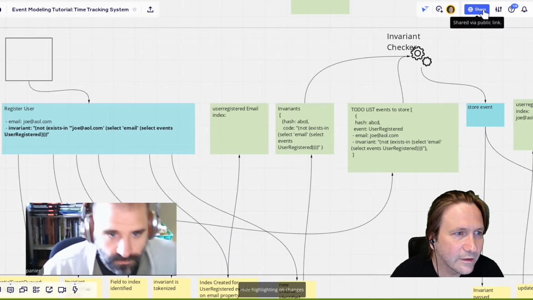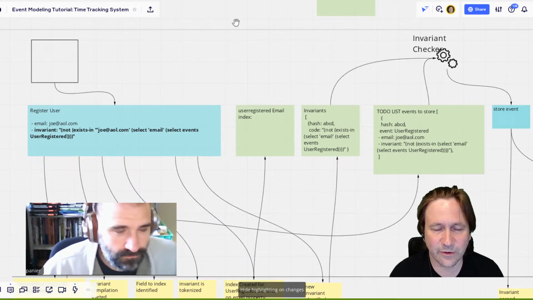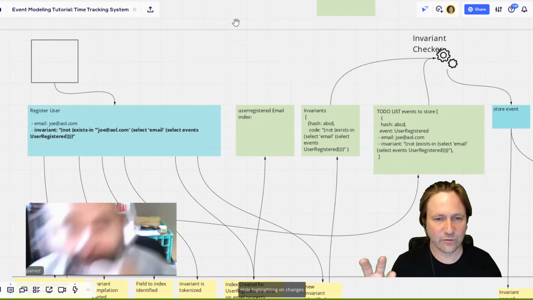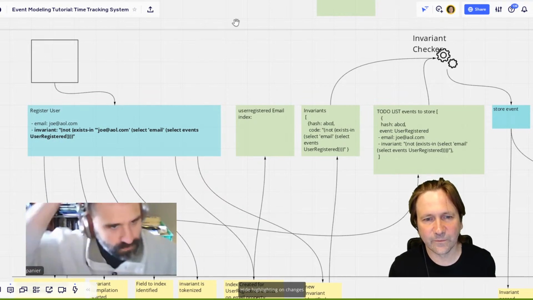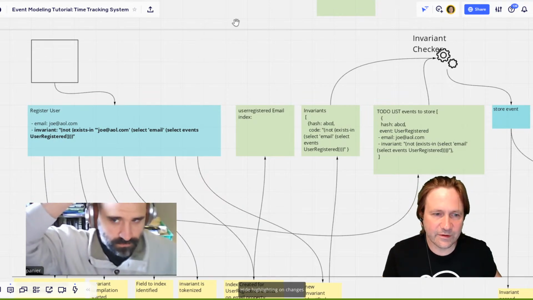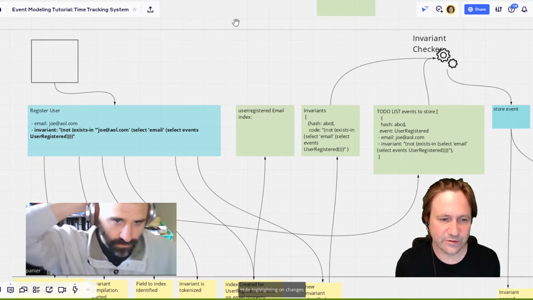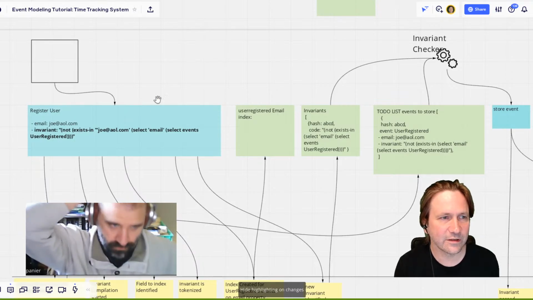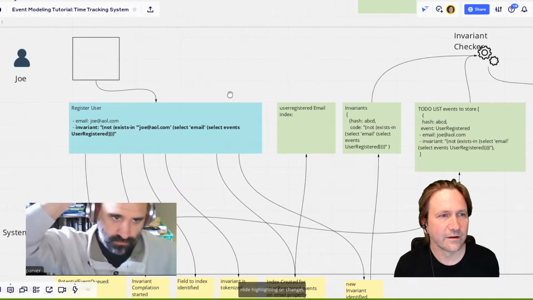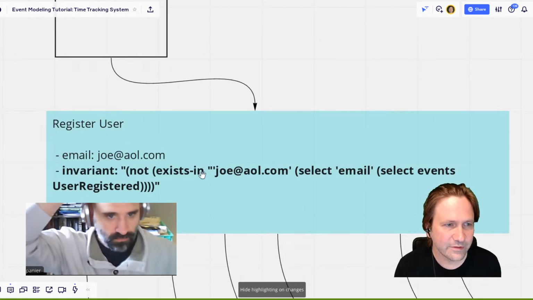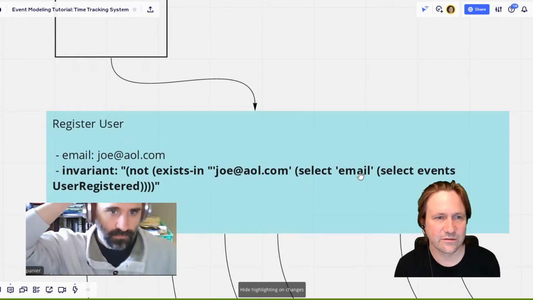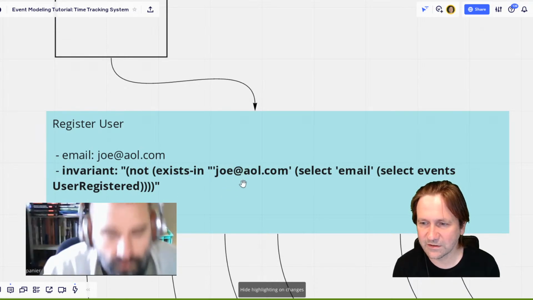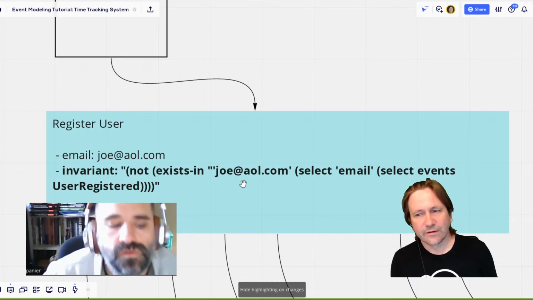This is where we... Yeah, so the interesting part here, Adam, that we went through as well is what if our actual view of the world, if we have everything in EventStore and we have the source code in there too, why isn't the source code part of the events, right? Like even in the pseudo language like we have here, if we register user, so not exists in Joel select email from events user registered, right? This is where the indexing comes in, right? To be able to find these things. Does that make sense, Adam?